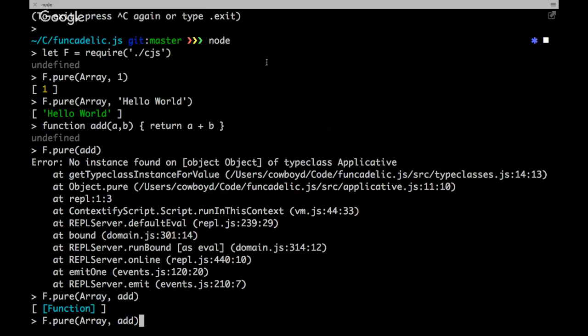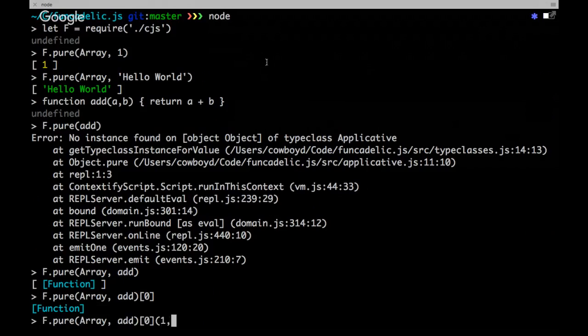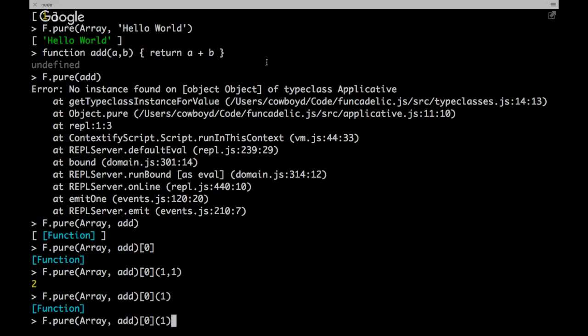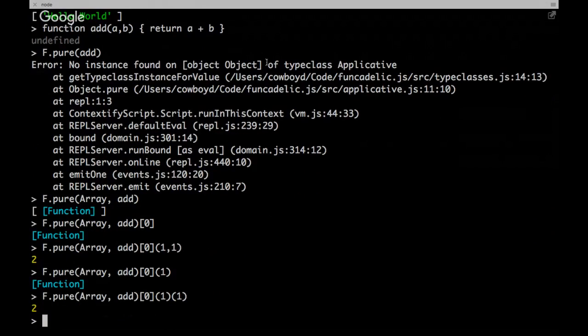If I say, I can extract the function, and I can say like 1, 1, like that. So if I add 1 and 1, it's there. Now it's currying this function. So if I just pass one operand, it's going to return a function that then takes one argument and returns a value. Does that make sense? There's a little bit of magic in there to curry that function, so that it can be applied incrementally. And so then, unfortunately, I have to do some hand waving,